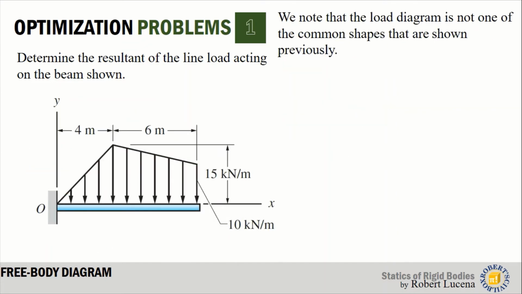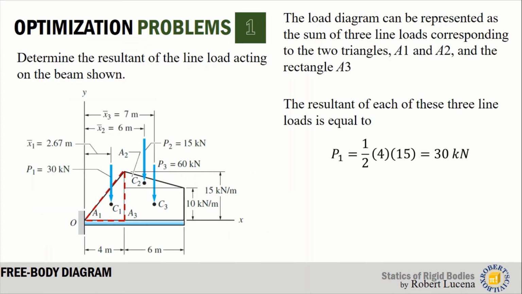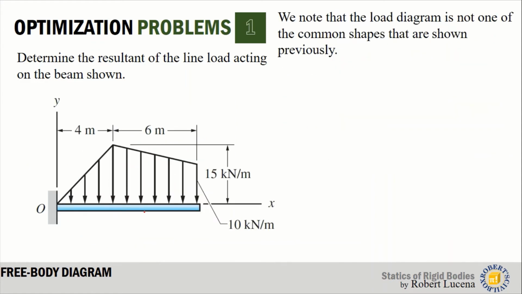So it is practical for us to divide this into regions in such a way that we can get the area of each region. Okay? So what I do now is I divide the line diagram into three regions, A1, A2, and A3. Now, since previously it is a quadrilateral, it would be tedious for me to get the area and the centroid